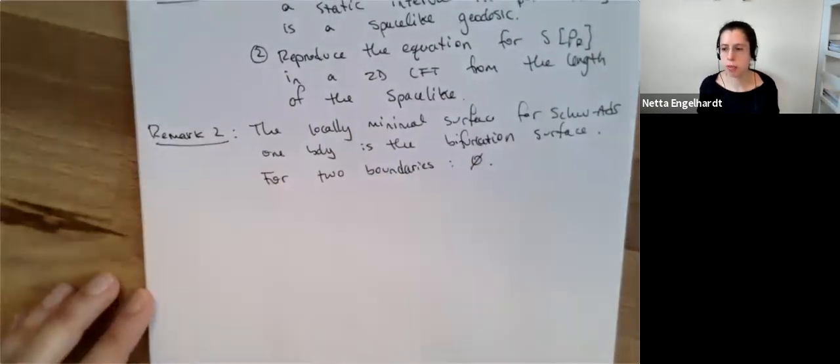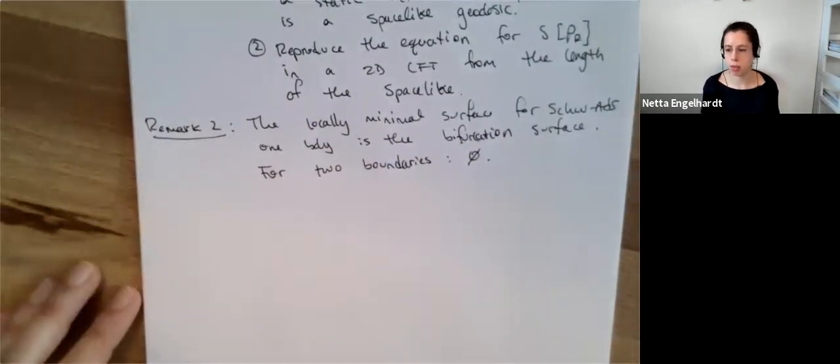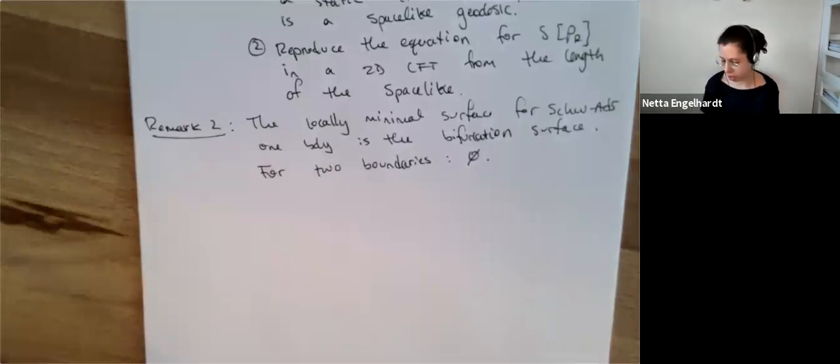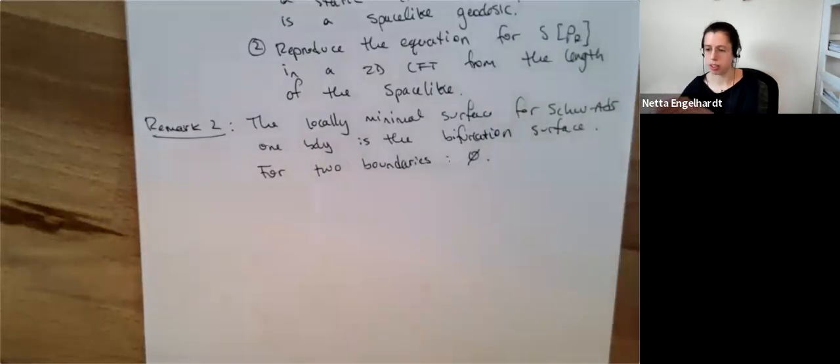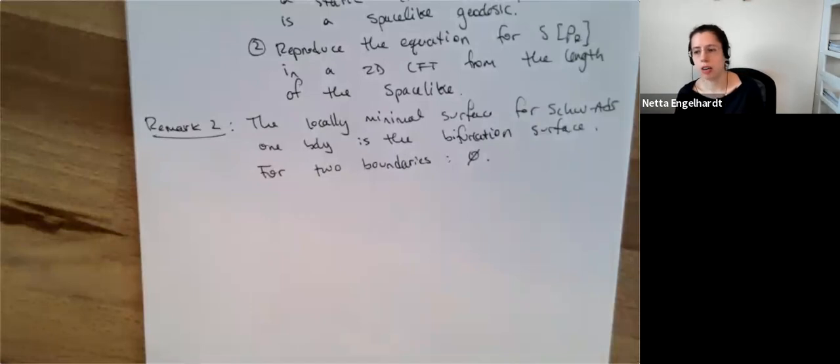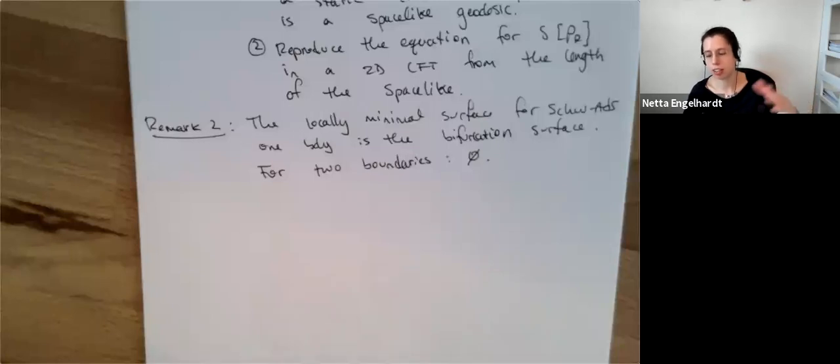That tells us, okay, for two boundaries, we have a pure state because the von Neumann entropy will be 0. But for one boundary, we have a mixed state because the von Neumann entropy is non-zero, and therefore the CFT cannot be in a pure state. And you can already start to see a connection between von Neumann entropy and building space-time, where you say, okay, well, the von Neumann entropy of the entire thing is 0, but the von Neumann entropy of just one side is non-zero, which suggests that there's something else there. If the bifurcation surface is non-empty, then there's something non-trivial topologically behind it.